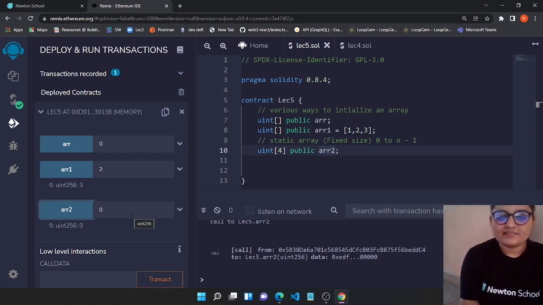So yeah, here is a catch: when you specify the amount of storage you want for a particular array to the compiler, it will assign the initial value of that particular type, and it will give you four memory spaces, and in those four memory spaces the default value will be stored.